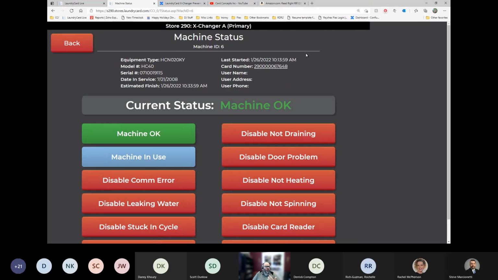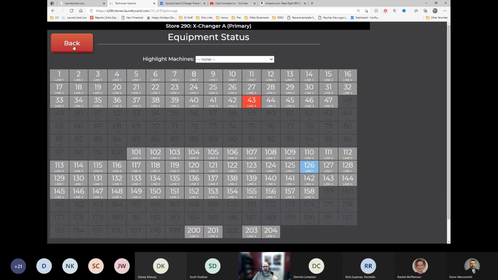Well, in a situation where a customer ruined a machine or did something to a machine, you want to be able to find out who did that last or who last used it. It will show you the card number. If they've registered, it will show you their name, their address, their phone number. So you have a little bit of follow-up that you can do on that. Okay, so